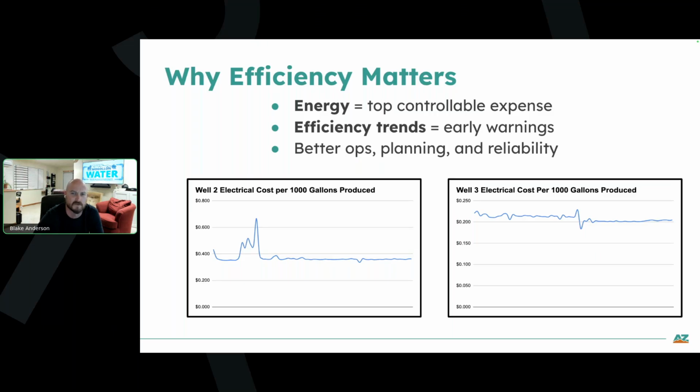And so I chose these examples to show you just how you can use some of this data to have an indication that your pumps are starting to go out. And so you can see this flat line on the left that all of a sudden has these big spikes. That was a drop in GPM that we noticed, and that also corresponded with an increase in power consumption at the same time. And so you have this inverse reaction.